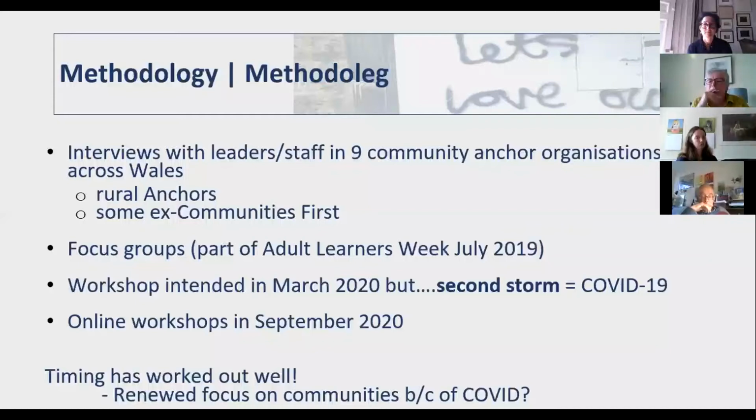And in terms of co-production, this was intended to be a co-produced form of research, and to be honest, it probably didn't achieve what we wanted to in that respect because of things that were outside of our control. So that's an interesting experience that we can use in the future. Having said all of that, and trying to look for the silver linings to these dark clouds, I think the timing has possibly worked out quite well.